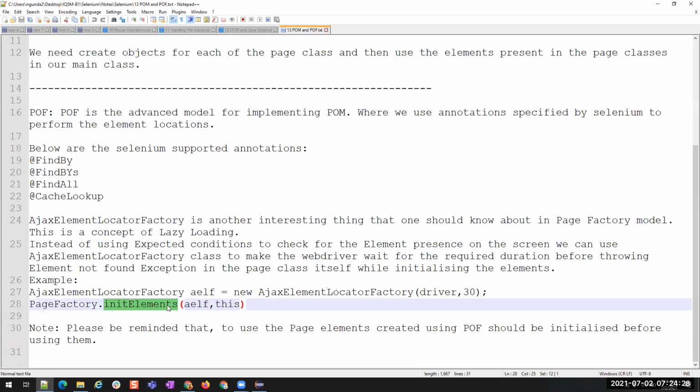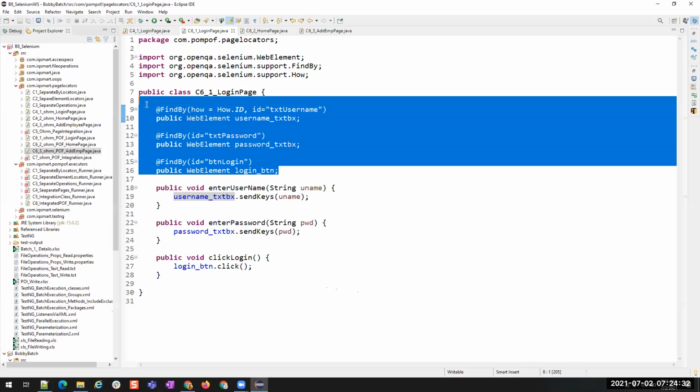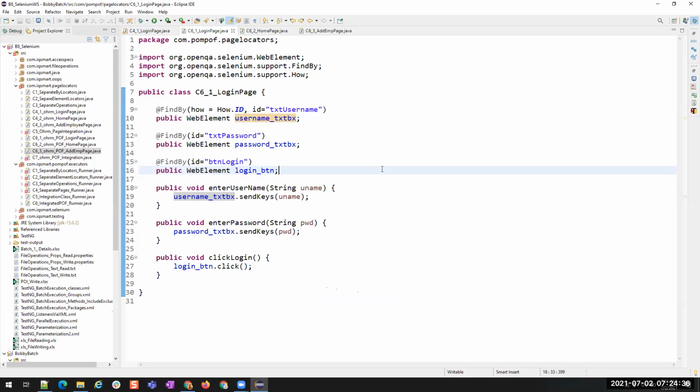Once you call this PageFactory.initElements method, it will initialize all the elements of this particular page by passing the driver to it. Okay, now let us see that. Now we have, this is a separate class.